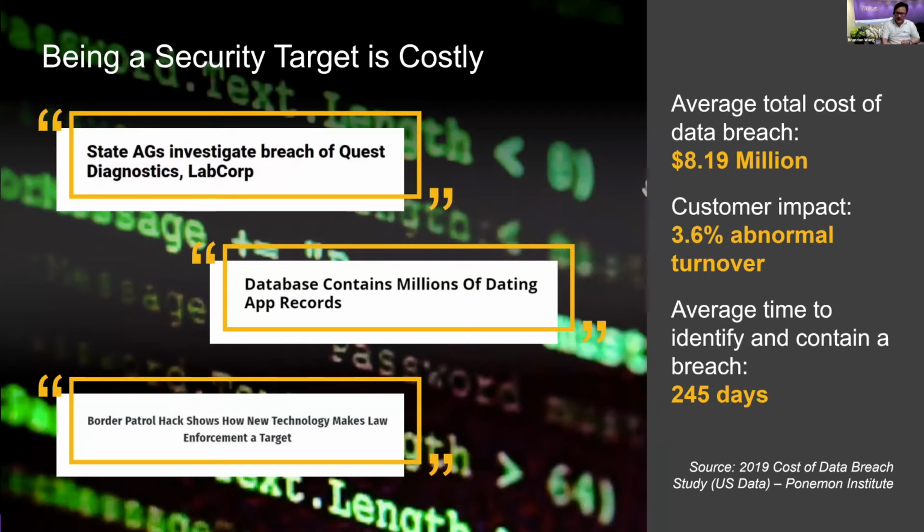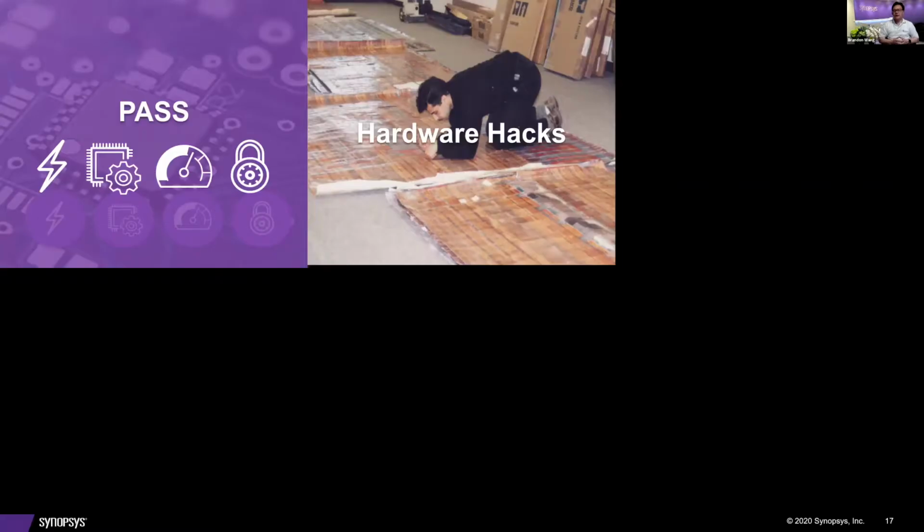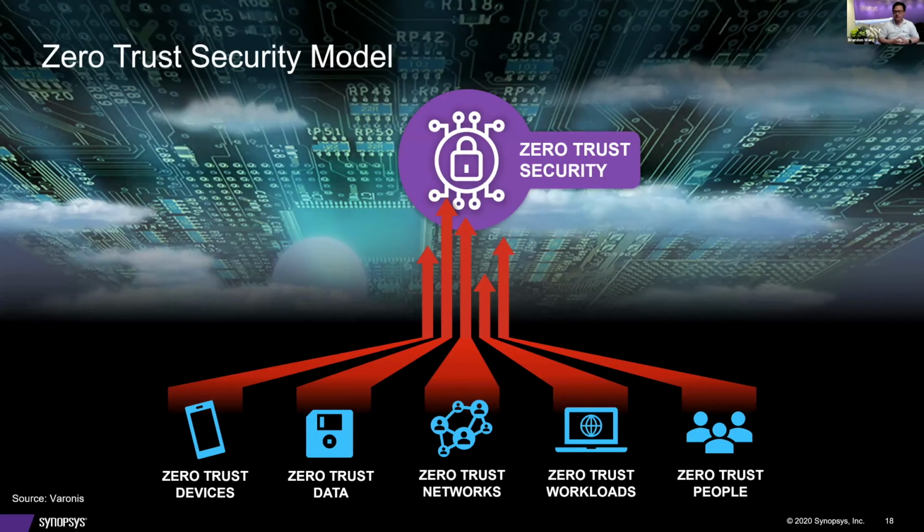So that is really why there are hardware hacks, and why we need to come up with a solution that we call the zero trust security model. It's really about the way that we design products today, over the internet, using external human resources in many countries around the world. It is hard to vet all aspects of your development process.